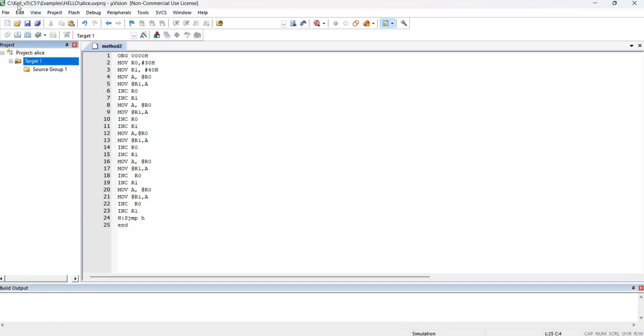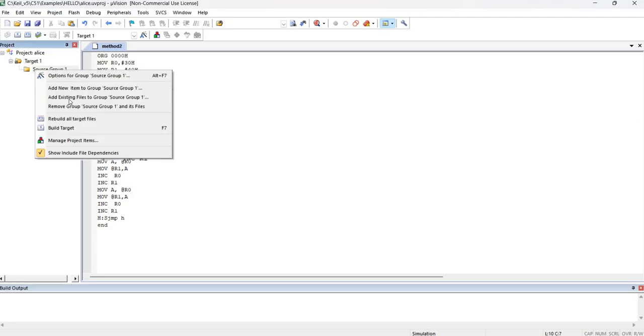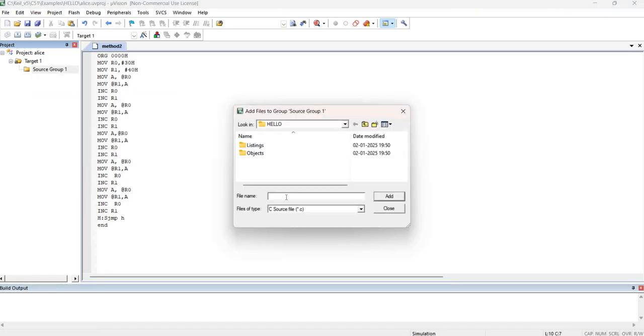So here, this program has been saved as method 2. Now I have to right click on source group 1, add existing files to group source group 1. Click on this, then select your program method